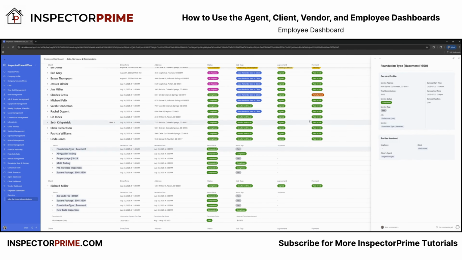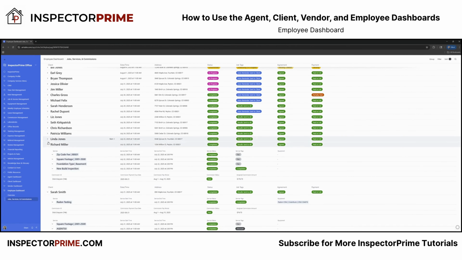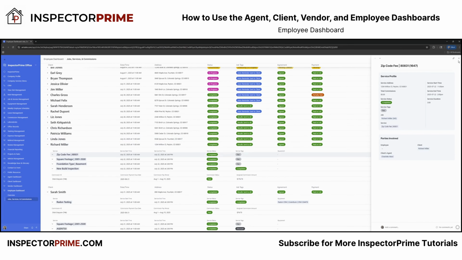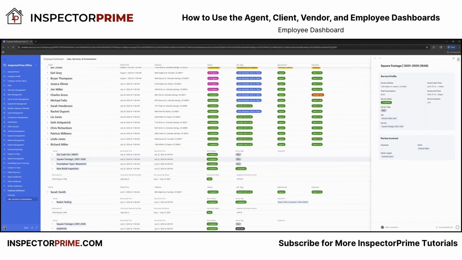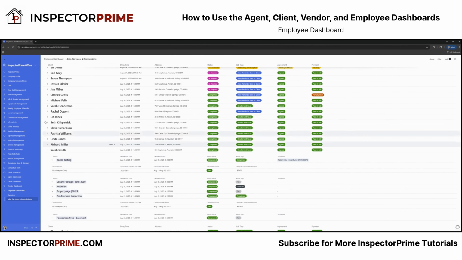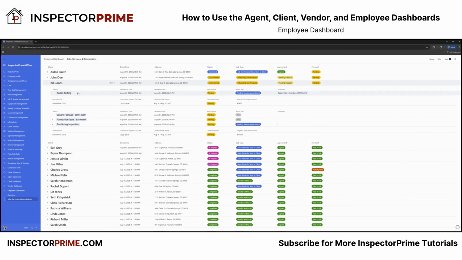That's just a simple service fee. And they can see this right here. And they can scroll down those services. Let's go ahead and open another one. Zip code fee. Square footage fee. We can open up Bill Jones. We can see that for his radon testing,